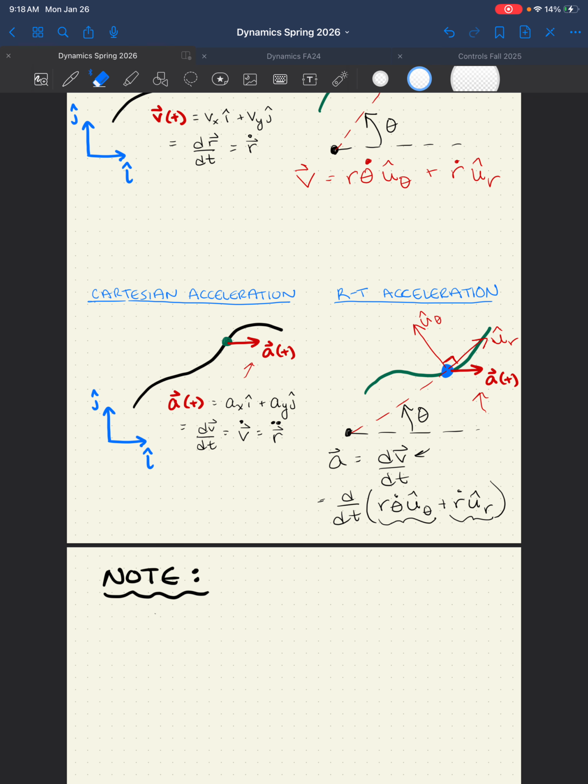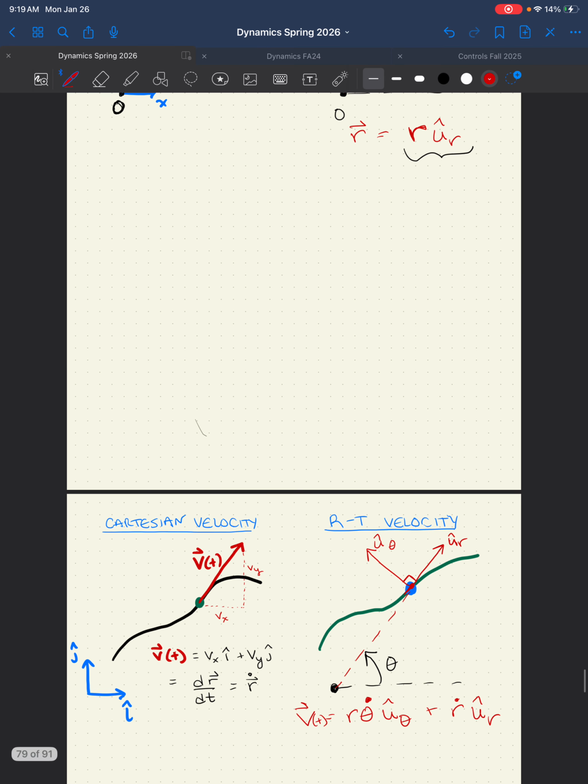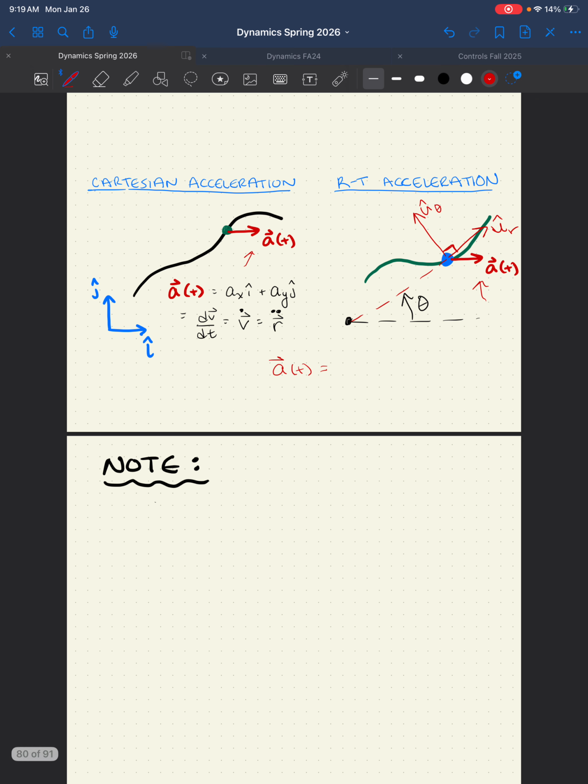And I don't think it's important that you know that derivation for this class. So I'm going to skip the derivation and simply tell you that acceleration, I'll do it in red because it's important, acceleration as a function of time. This could also be a function of time. This could also be a function of time. Acceleration as a function of time is,